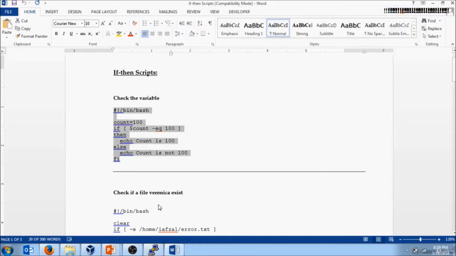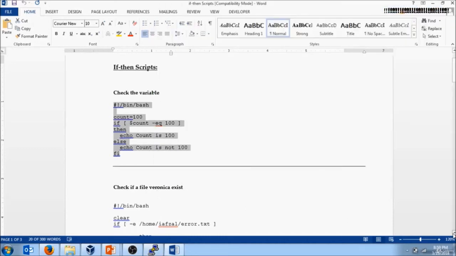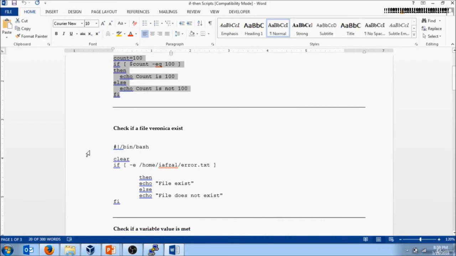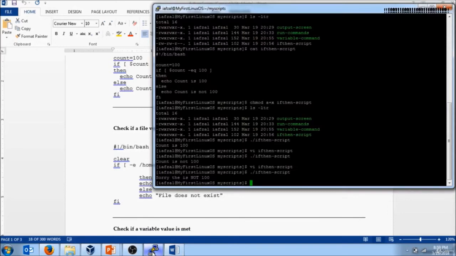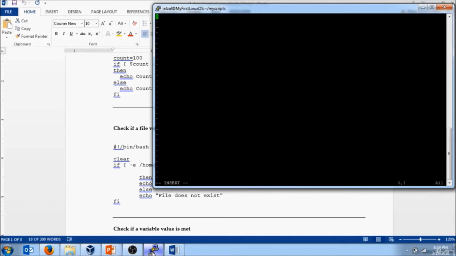Another example of an if else statement that I'm going to pick is right here. I'm going to copy it and I'm going to create a new script called if then new. I'm going to define the variable which I already copied, and the first command I have is clear. It means when the script runs, it's going to clear the screen. I don't want to see anything that's already on the screen. Next thing it's going to do is if